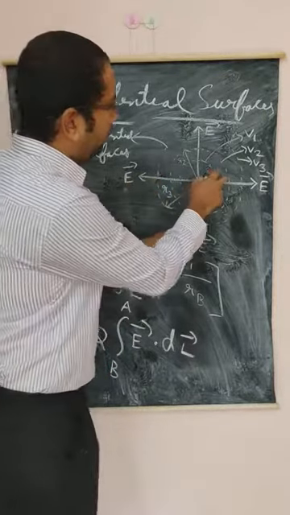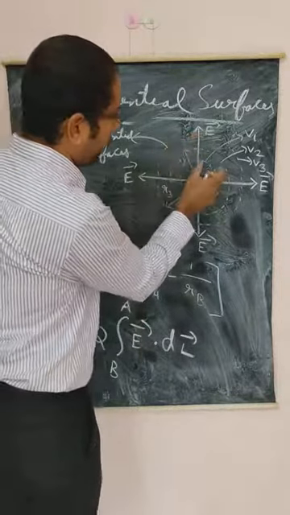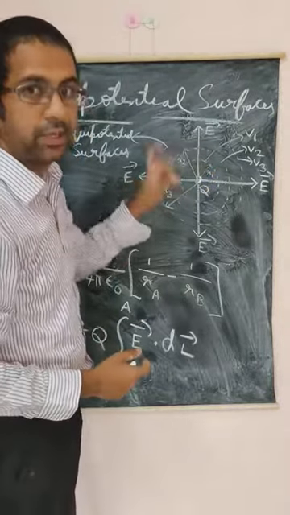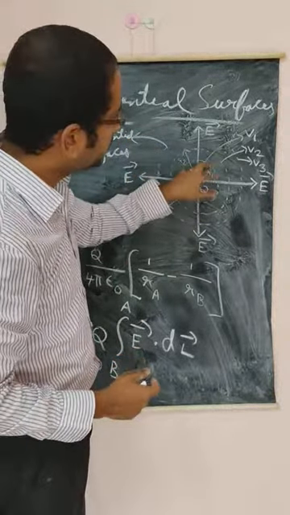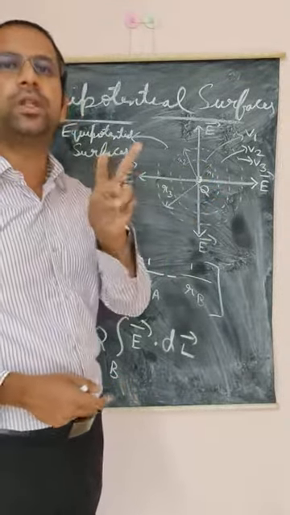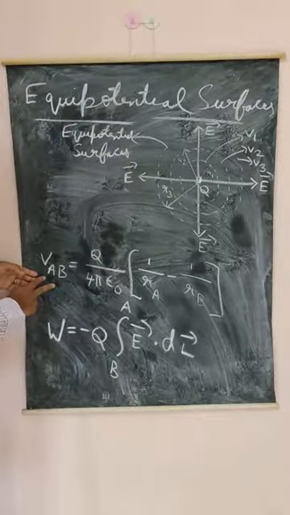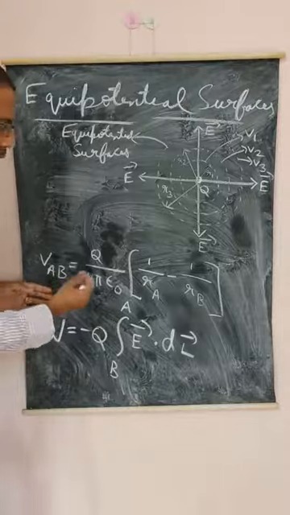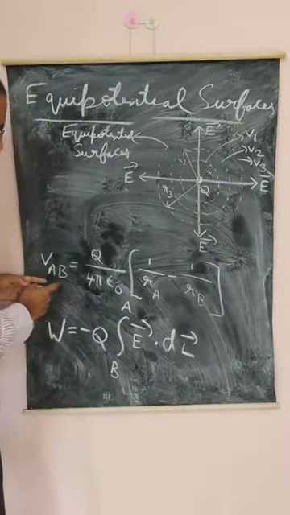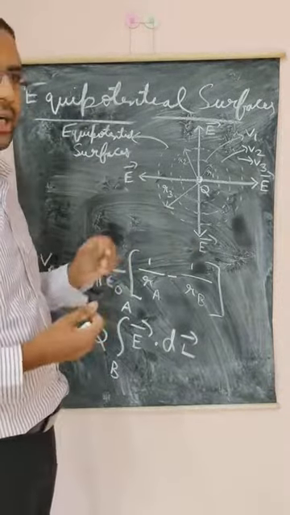Here, the potential remains the same. What we exactly talk about is that if I take a voltmeter and place it, let's talk about the circle which has radius R1, between these 2 points, the voltage that is shown is 0. Now, how is it 0? Let me talk about the potential difference between points A and B, when you are moving from B to A. A is the terminating point, B is the starting point.